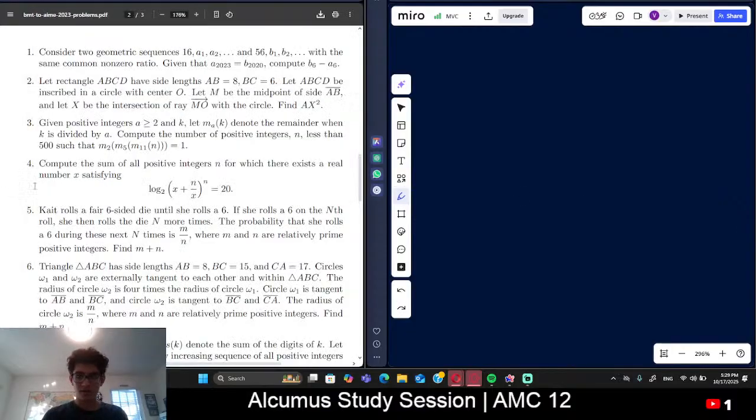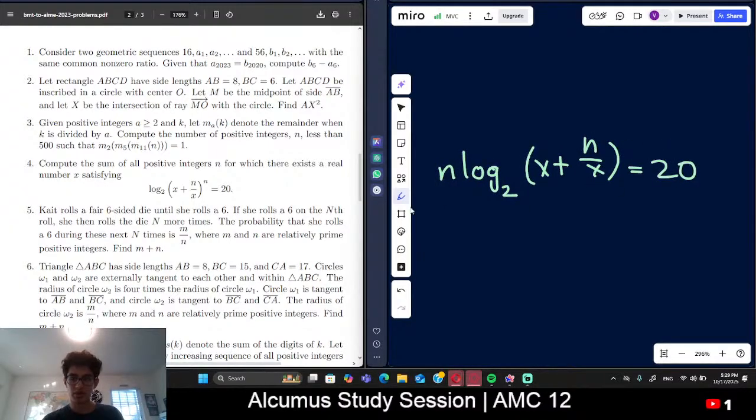So let's see. All positive integers n for which there exists a real number satisfying this. So we can take the n out in front. We have log base 2 of x plus n over x. And so, okay, well, think about it like this, right? This should be fine. This is an integer, right? And if that's the case,